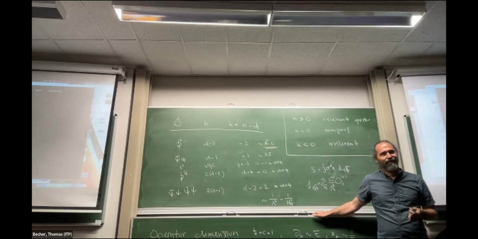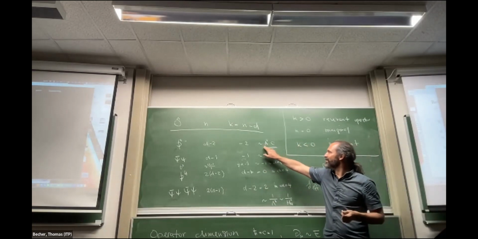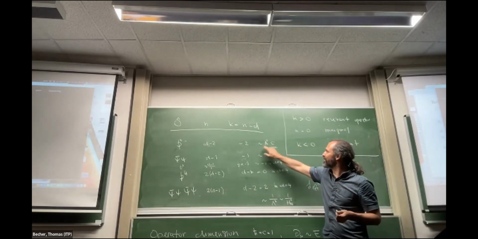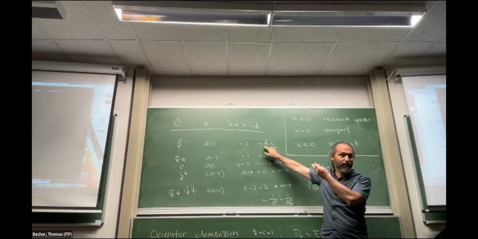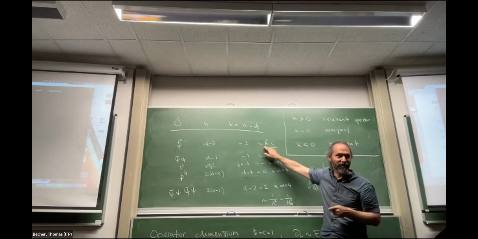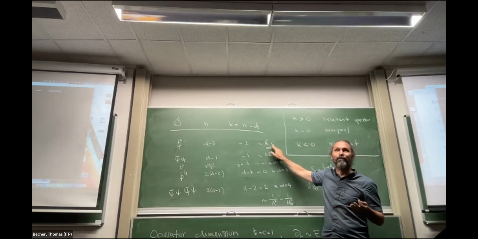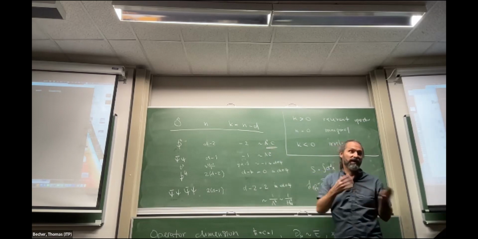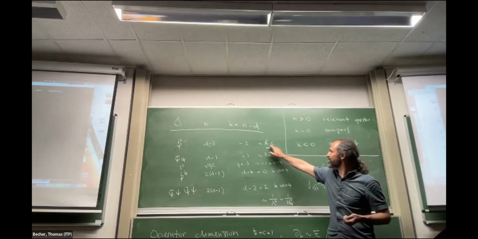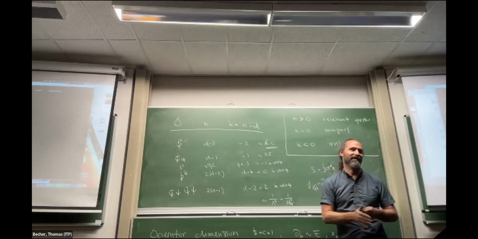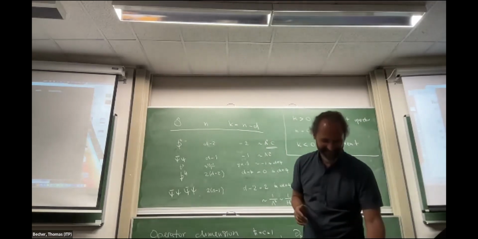And so people were confused why the Higgs mass is so small. This argument would say the Higgs mass should be roughly the scale of new physics times a dimensionless number. And this dimensionless number seems to be very small because the Higgs mass is this 125 GeV, but we don't see any other new particles at this scale. So it's interesting that we see it small. And I don't know why that is.